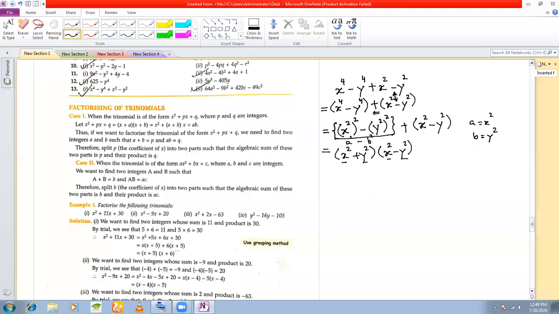Plus, and you write this as it is. Now what do you see? You see that x square minus y square is a common factor with these two. I can take x square minus y square out. So what am I left with? From the product of these two, if I'm taking out x square minus y square, I'm left with only x square plus y square. Any questions in this step?